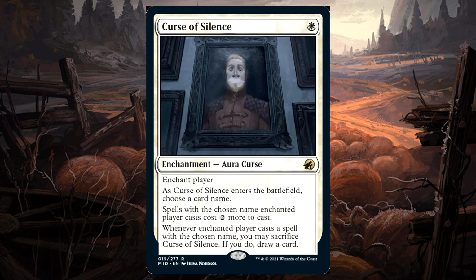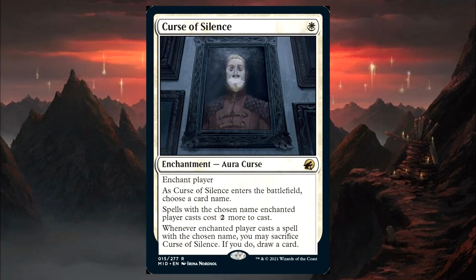Curse of Silence costs only 1 white. It's an aura curse. It's an enchantment. Enchant target player. As Curse of Silence enters the battlefield, choose a card name. Spells with the chosen name enchanted player casts cost 2 more to cast. And whenever enchanted player casts a spell with the chosen name, you must sacrifice this card, and if you do, you draw a card. So that's not the greatest thing. It'll be nice if you don't have to sacrifice it, but